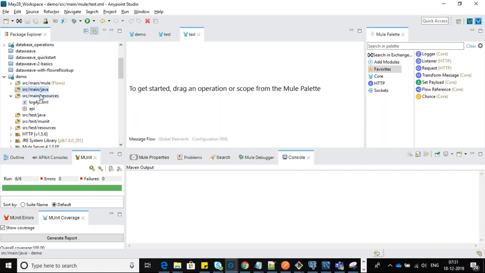The next one is SRC main resources. Under that, SRC main resources, the static content, guys. Suppose you are using, I was talking about create order, update order, delete order. So when you're talking about the APIs, right? You have to give the documentation to your consumer. You are not exposing to a single customer, right?